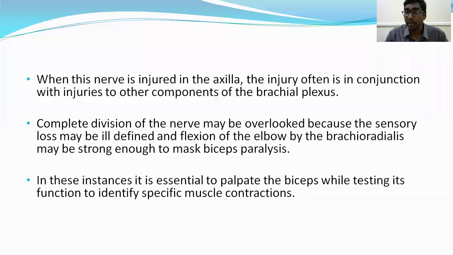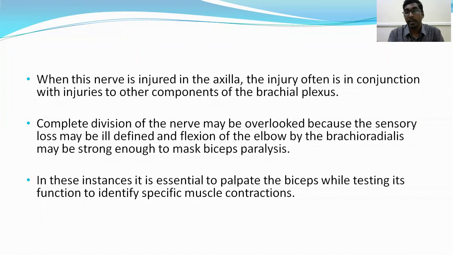So if the musculocutaneous nerve is damaged, what is the main function lost? It is flexion of the elbow, because it supplies the biceps muscle, and it gives sensory supply to the lateral half of the forearm. But I keep repeating that sensory supply is not easy to detect because it overlaps. Only in the isolated zones supplied by that nerve only can you observe sensory loss. Otherwise the remaining nerves mask the sensory deficit, so you can't rely on it.